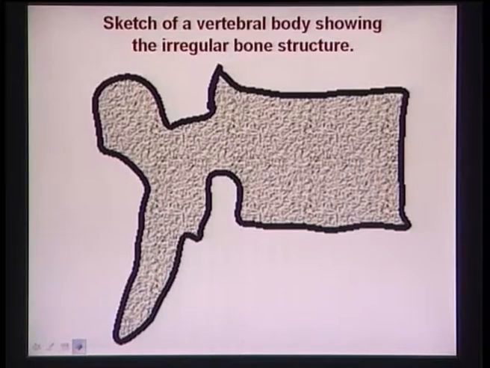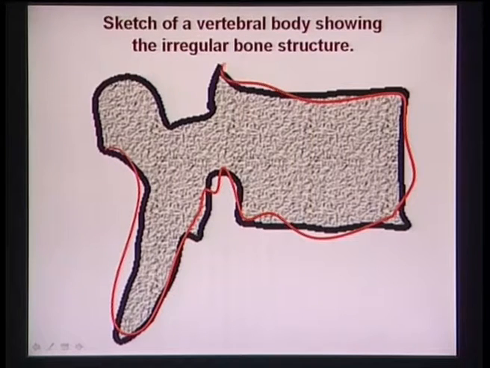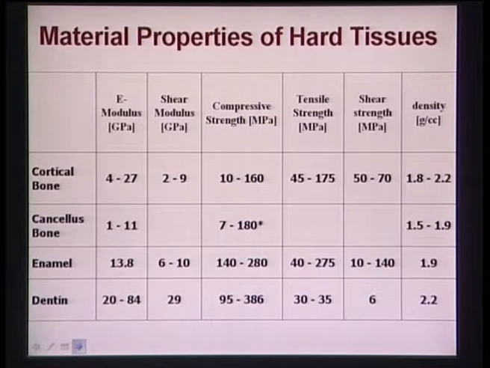Let's put it that way, so that you understand what is meant by irregular shape. Now this is a sketch of the irregular bone structure. As you can see, it is really of very irregular shape, and this shaped material is called irregular shape. Now this slide actually gives you a table which gives you the range of properties